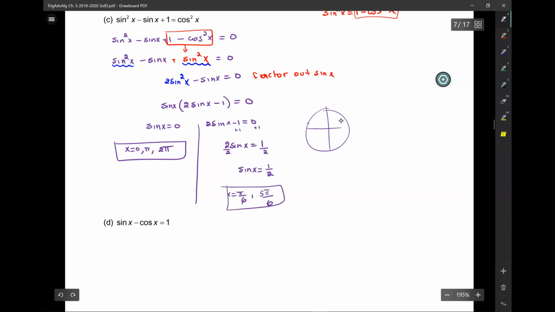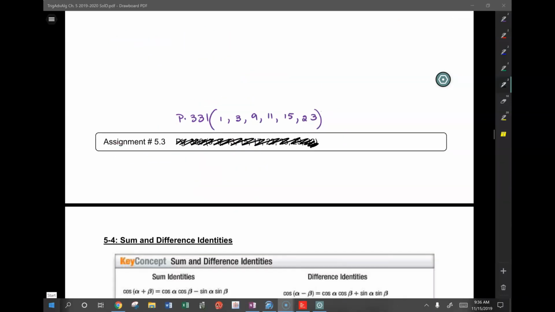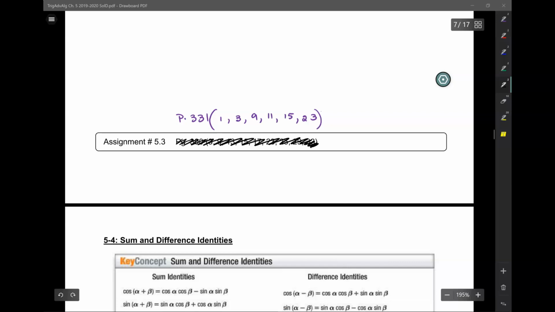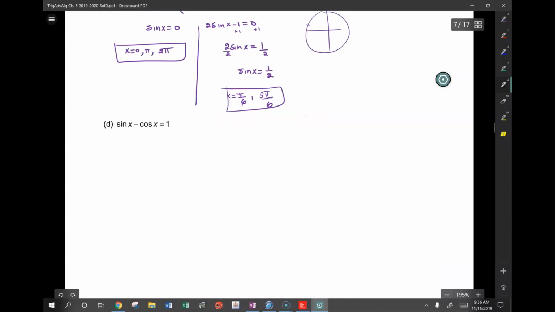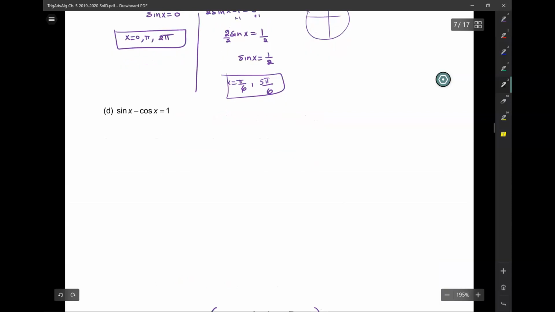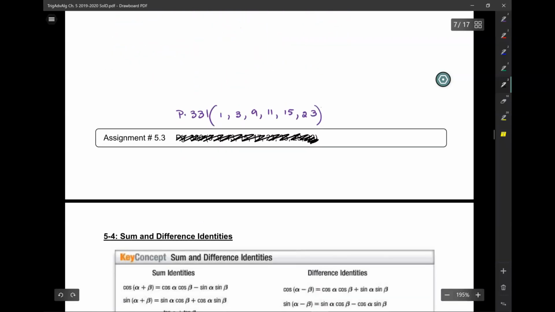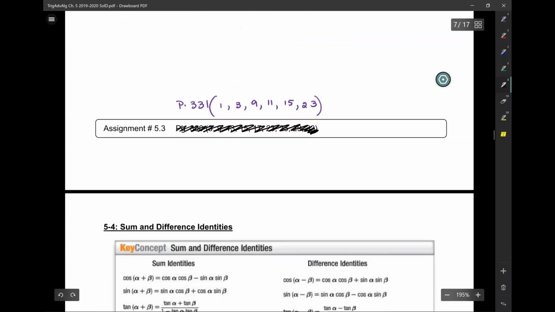Okay. So the homework, it's not what it said over there. It's page 331, numbers 1, 3, 9, 11, 15, 23. And for now, I'm going to skip D in the notes. But none of this requires D. All of these are based on what we just did right now. Okay? So